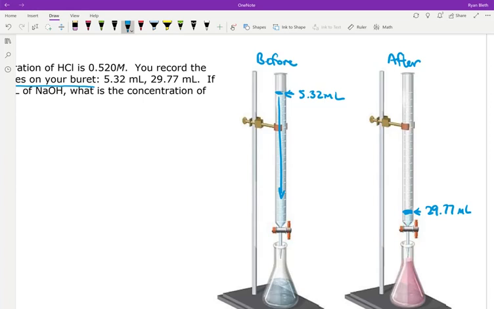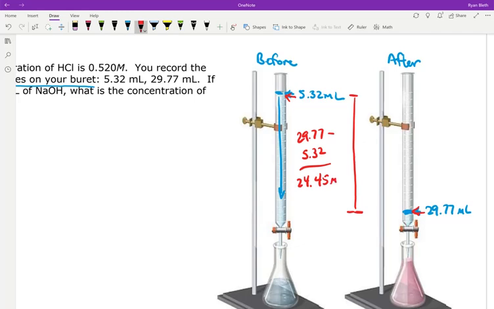So that's going to help us figure out how much was used, right? We didn't use 5.32 milliliters, we didn't use 29.77 milliliters. To figure out how much we used, we need the difference between this point at the beginning and this point at the end. How much was drained out? You simply subtract those two amounts to figure out how much acid was used. That's the first thing we should do, subtract those two values. How much acid had to be drained to get from initially 5.32 milliliters down to 29.77? So I'm just going to subtract 29.77 minus 5.32 gives me an answer of